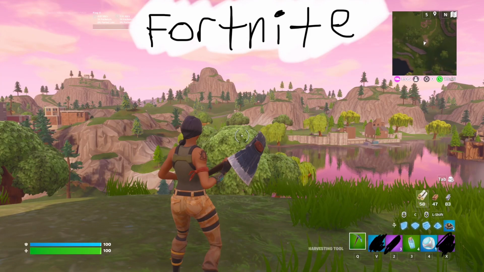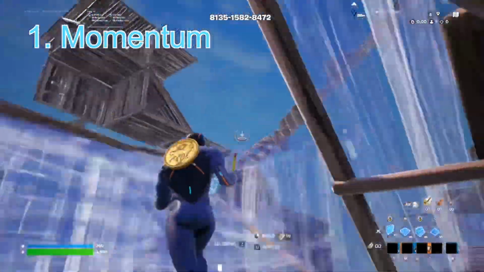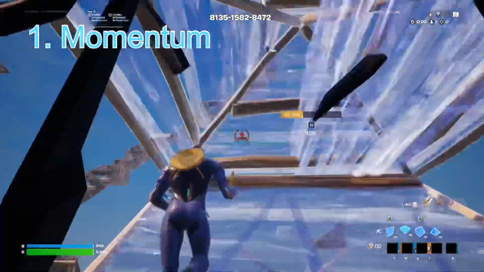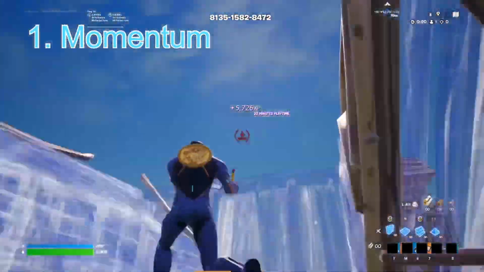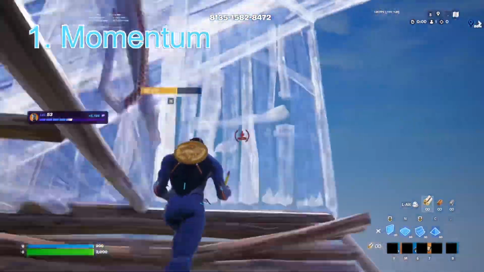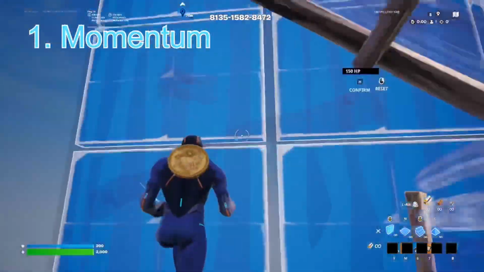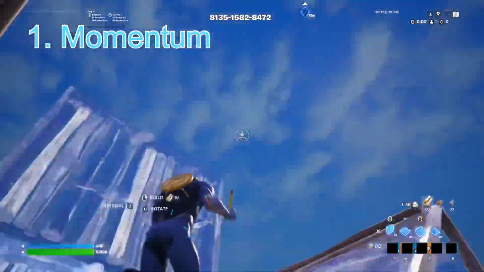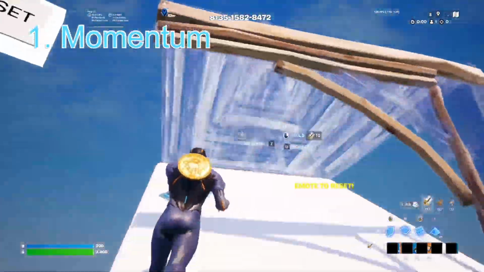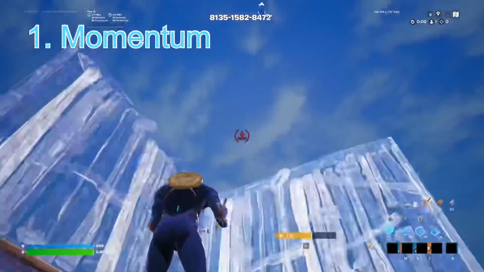Today in this video, we will be talking about how physics applies in Fortnite and how these concepts compare with real-world examples. To begin, we first have the concept of momentum, which is very prominent in everyday life. Momentum is described as the inertia of motion, meaning the habit of it to remain in motion. Momentum is a vector quantity, thus both its direction and magnitude are taken into account. The equation of momentum is P equals m times v, where P represents momentum, m is mass, and v is